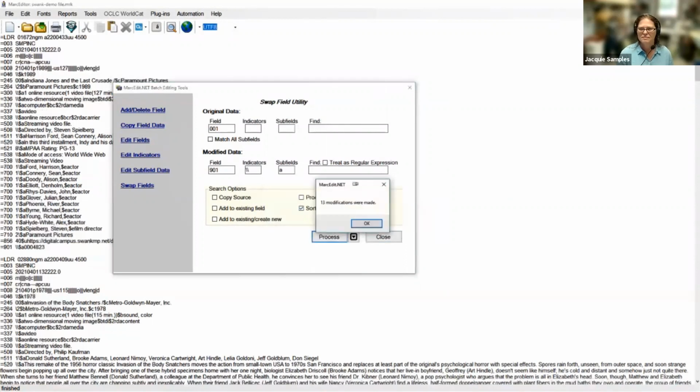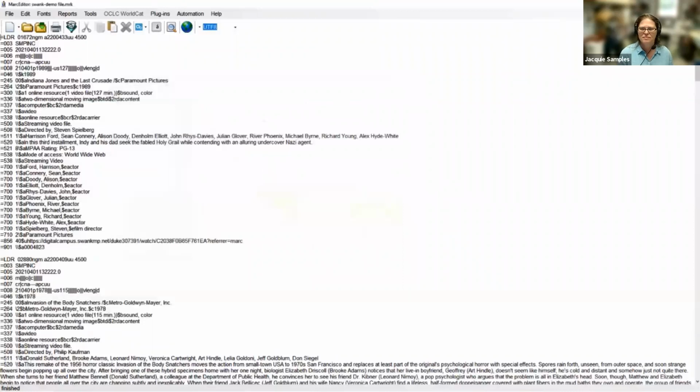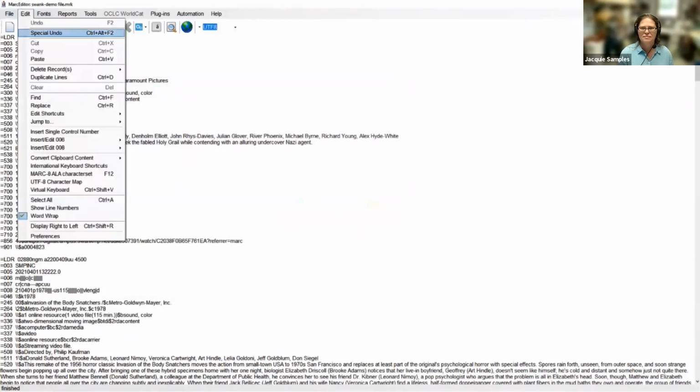So I just swapped 13 001s to 901s. But I didn't actually want to do it yet, right? I'm still building things together. So what you have to do, if that happens to you, is undo that by hitting special undo.